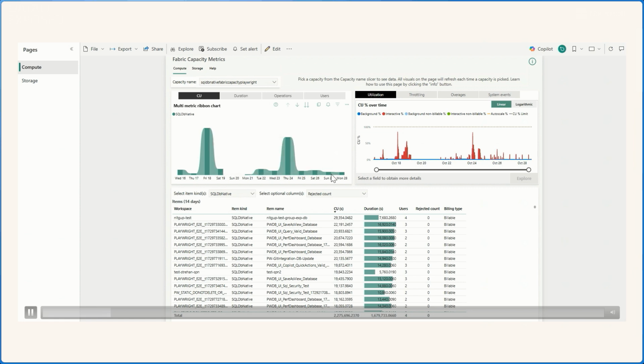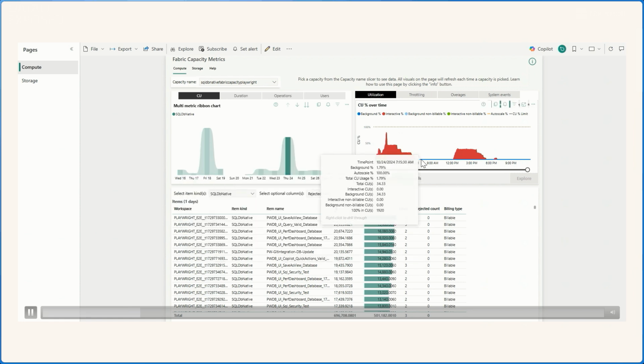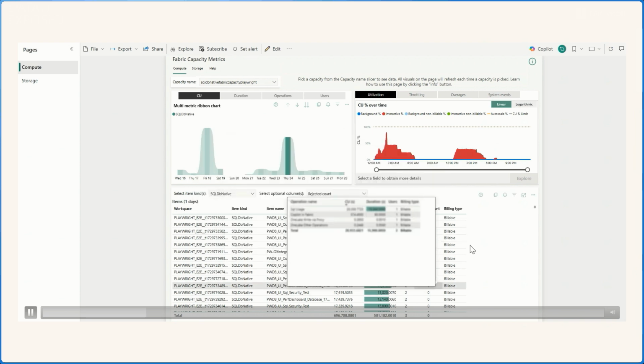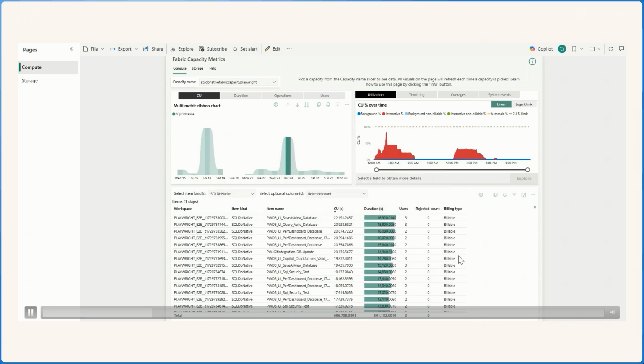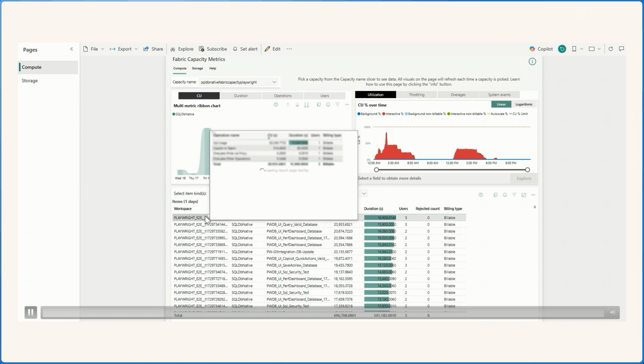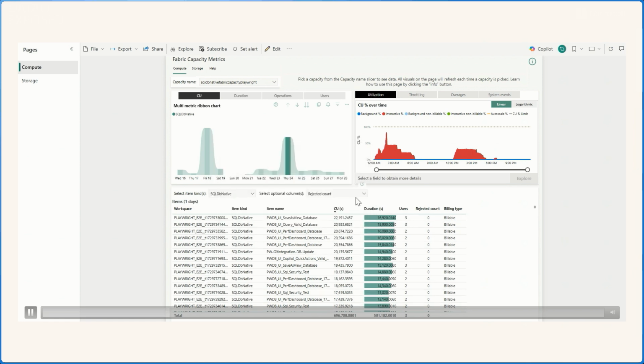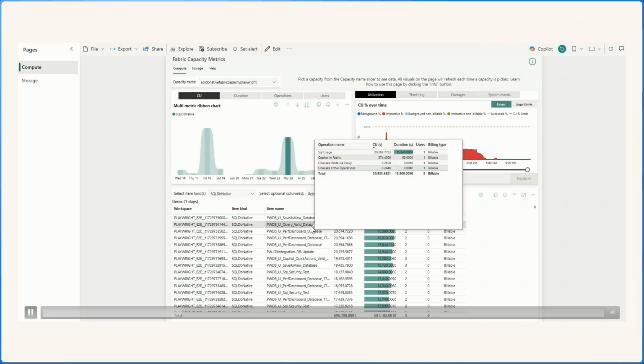And each element on the metric app will give me the compute consumed by my SQL database. So essentially, for best practice, I will just select one point in time, and you will see how the items dashboard below changes everything according to that point in time, and so does the utilization graph. But as I hover around the items, I will notice that when I hover around an artifact or a database, I should be able to look at all of the compute consumed by my SQL database here. I just go to my item name and look at the right artifact I want to monitor. And there, I see my SQL usage associated with my database. So that's the compute that it's consuming.